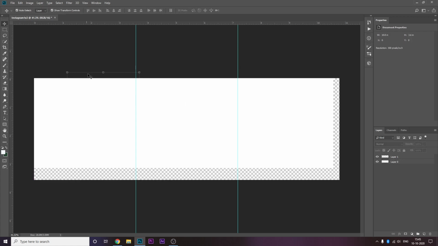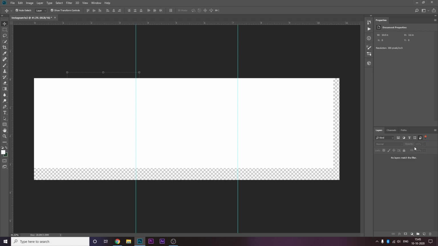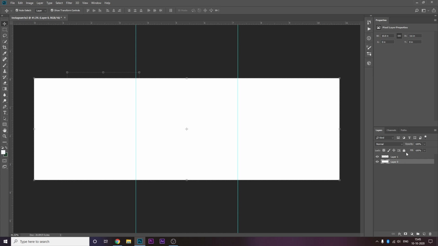Control T. Yeah. So let me lock this. Locked. So I'll repeat: the move tool is going to be your go-to tool.